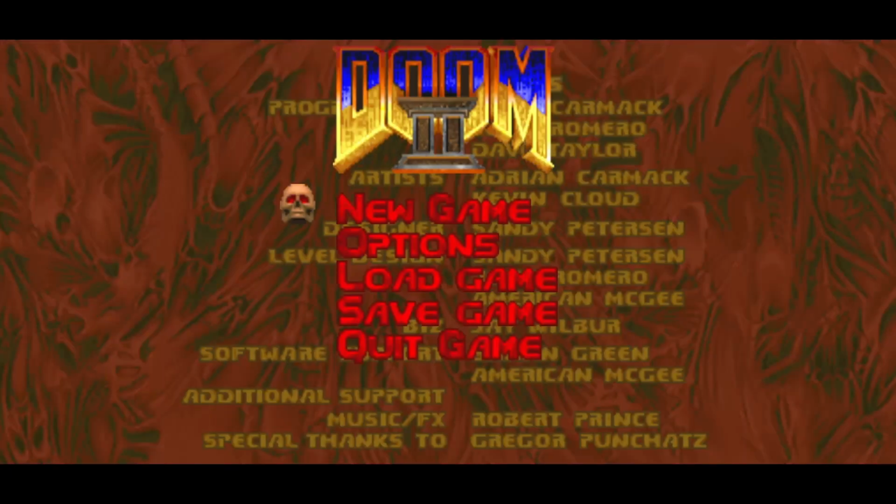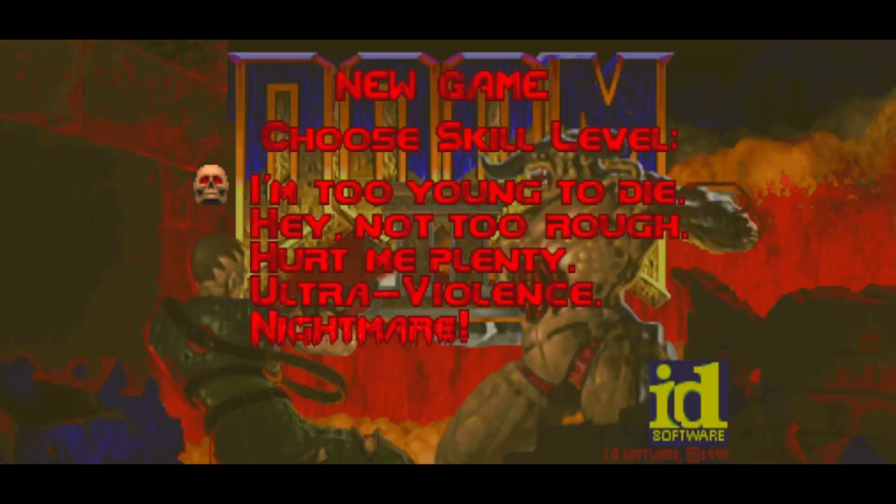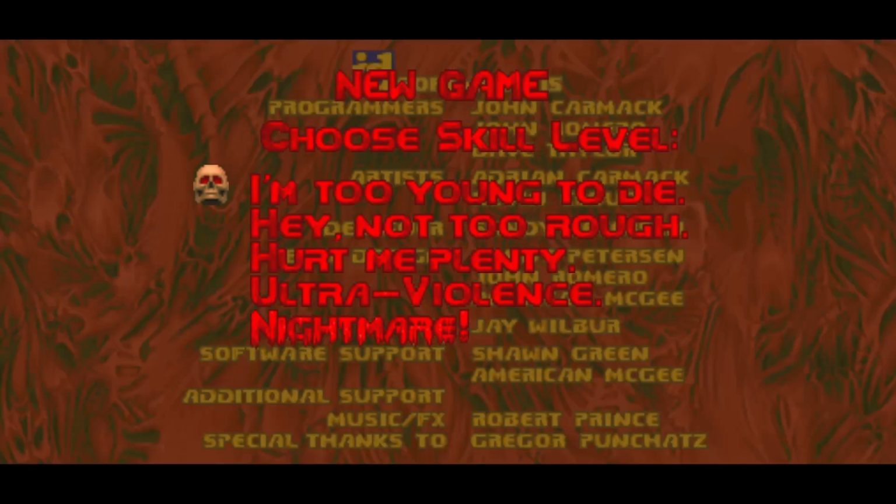I'll just tell it to new game. I'm going to do it on the easy mode. I did set it up so that some of the enemies are either easier or you don't see them at all. I read on the internet that if you're on easy mode, you get twice the amount of ammo and do twice the amount of damage, possibly, or they do half the damage to you or something. Anyway,